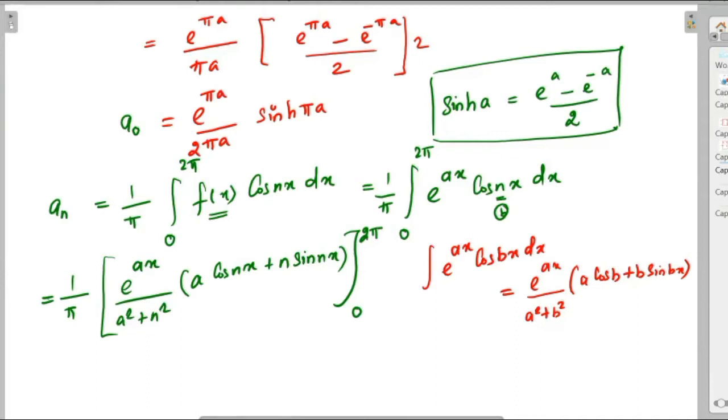Right, next one. Now I'm going to substitute. So here you can take a square and n square as a constant. Comparing x, you can take it outside from this closed bracket. So from that you may get 1 by pi into n square plus a square into e power ax, a cos nx plus b remains n sin nx,